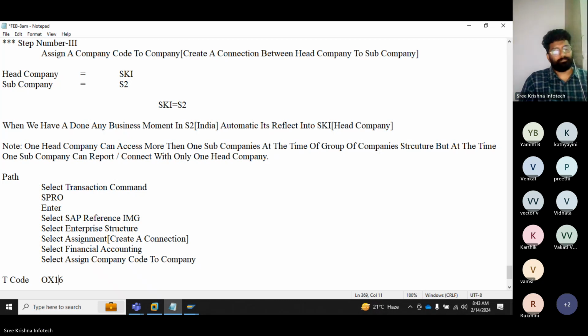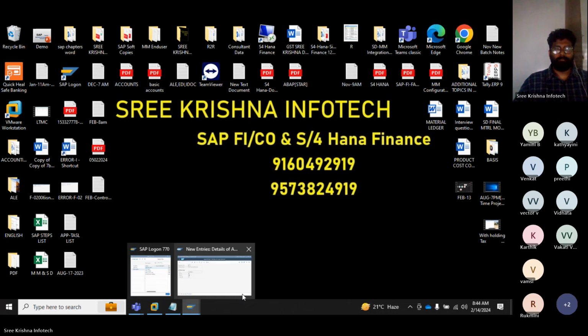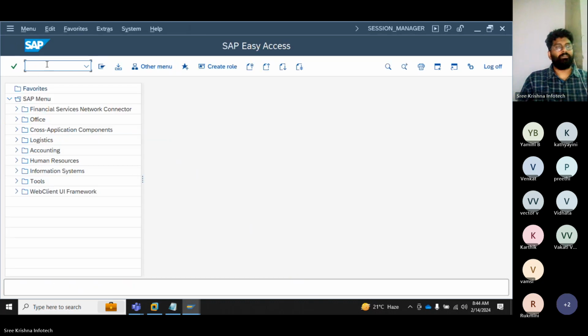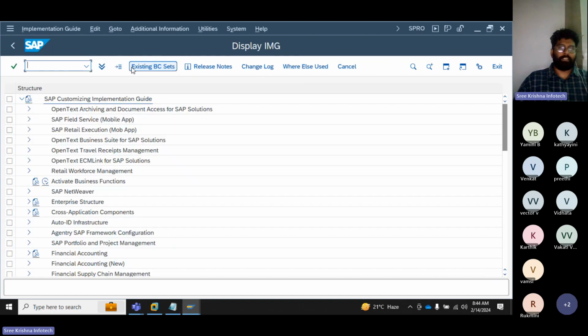Okay, sir? And please share the screen. So how to get back from the active screen to the home screen directly? /n from the command box. So in the command box, we have to type SPRO, select SAP reference IMG, enterprise structure,